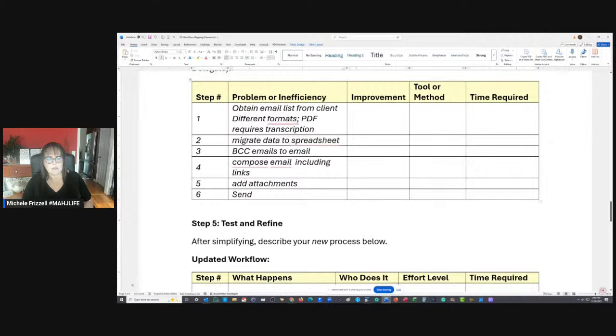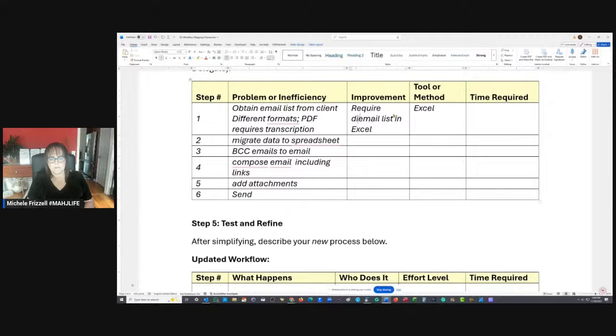Let's see here. Obtain the email list. Improvement would be require digital email list in Excel. I would just say require email list in Excel. I guess that would be here.